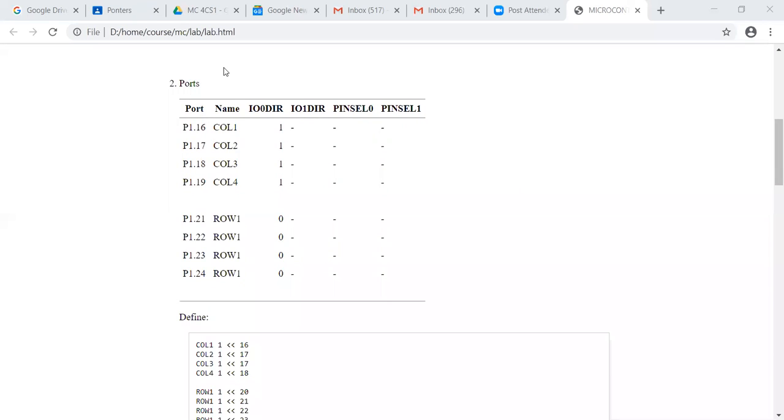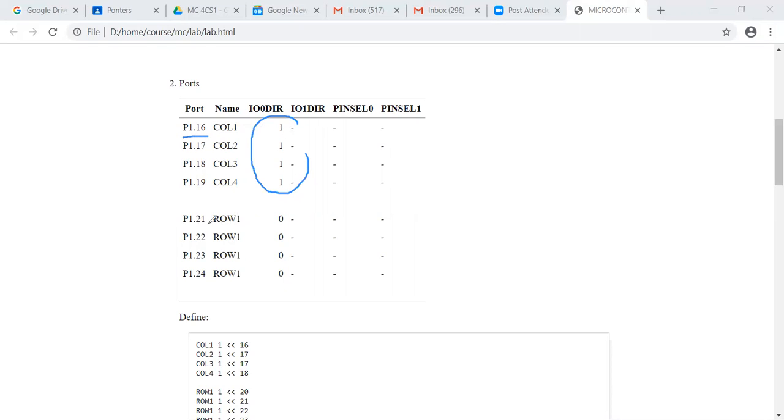So we have given names to the column ports. Column ports are 16, 17, 18, 19, easy to remember. And similarly, row ports are 21, 22, 23, 24. These ports are coming from the microcontroller. And we are configuring the column ports as output ports. If you put the IO0 direction register with the 16th bit as one, it means port number 16 is configured as output.